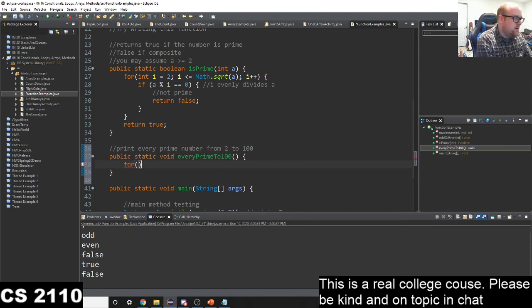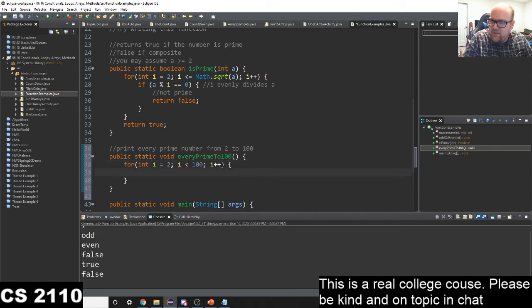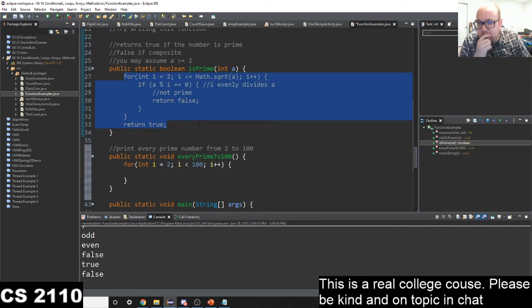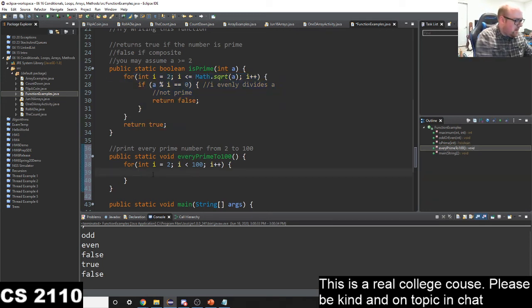For int i equals 2, i less than 100, i plus plus, I simply need to determine if the number's prime. What's the easiest way for me to determine if a number is prime? Anyone? I could copy and paste the code. Is that the best way to do it? Just use the function. Call the function. Right? If is prime i,